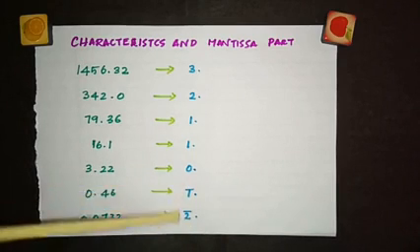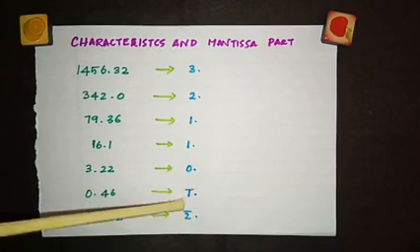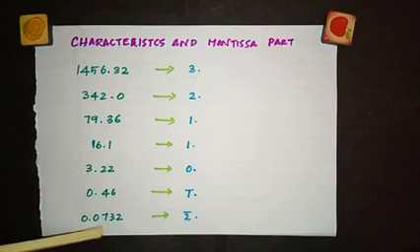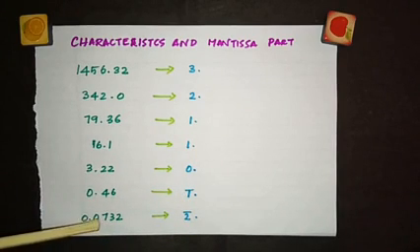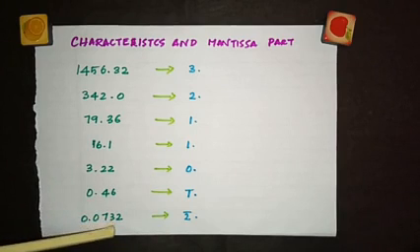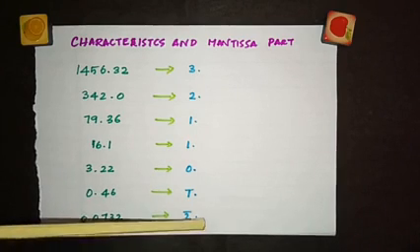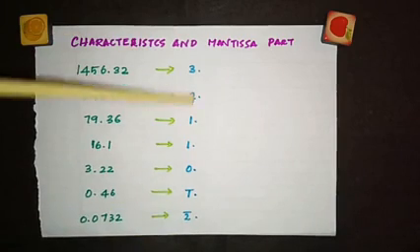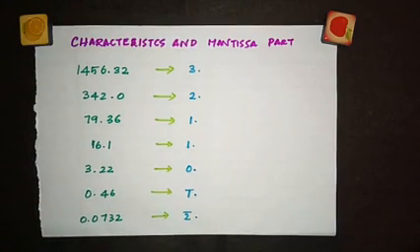This is nothing but -1, -2. We call this as 1 bar and 2 bar. And if you have 3 zeros, for example 0.00073, then with 3 zeros you should write 4 bar. So this is how you're supposed to write the characteristic part.